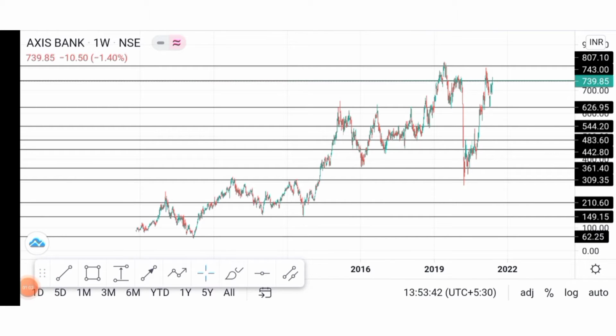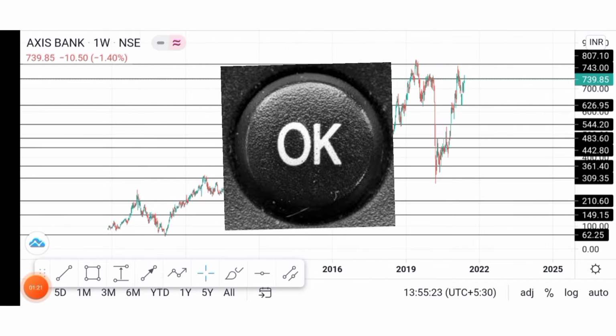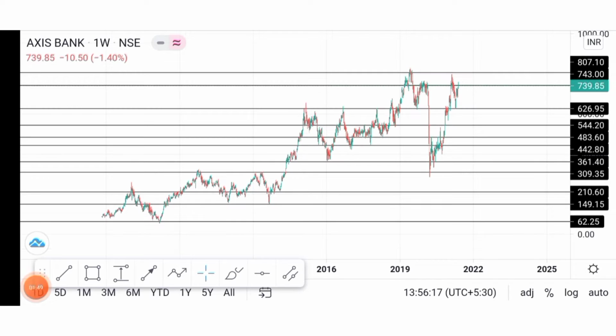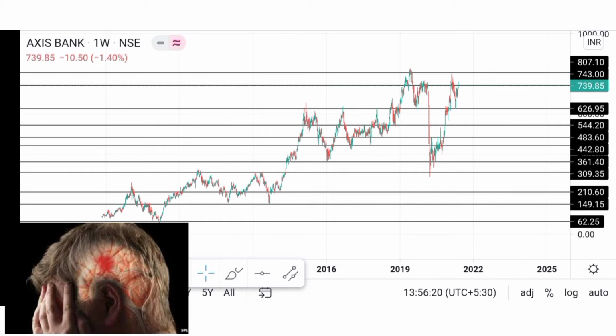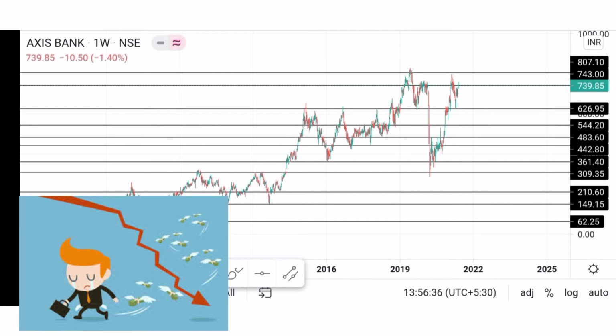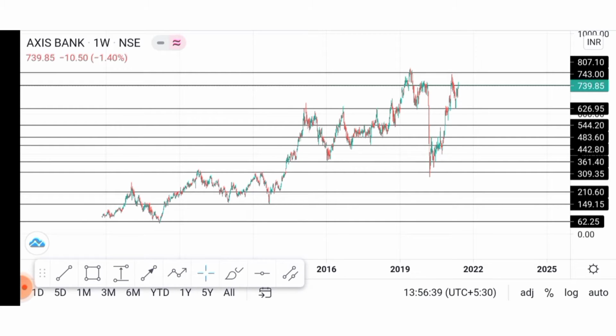When you have too many levels on the chart, how are you sure which level you are going to trade? Say you decided to buy some stocks at some support area. If you draw a line like this and the target would be just a few points away, there can be some immediate resistance, which is not a good trade. You get analysis paralysis. You don't know which area to focus on, and you get frustrated, and this is how so many traders lose their money. So I request you to watch this video carefully